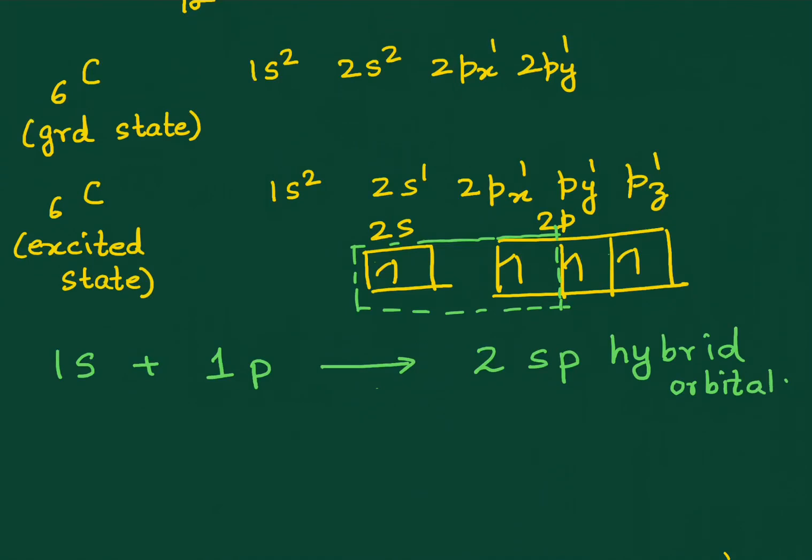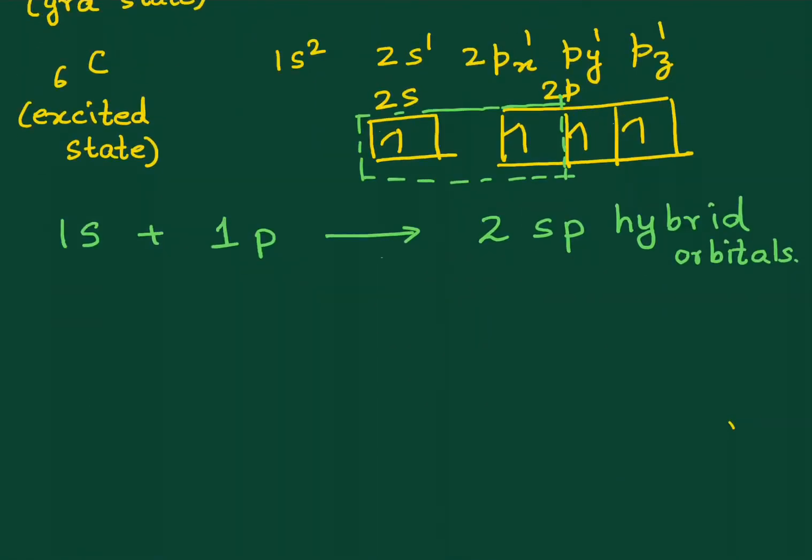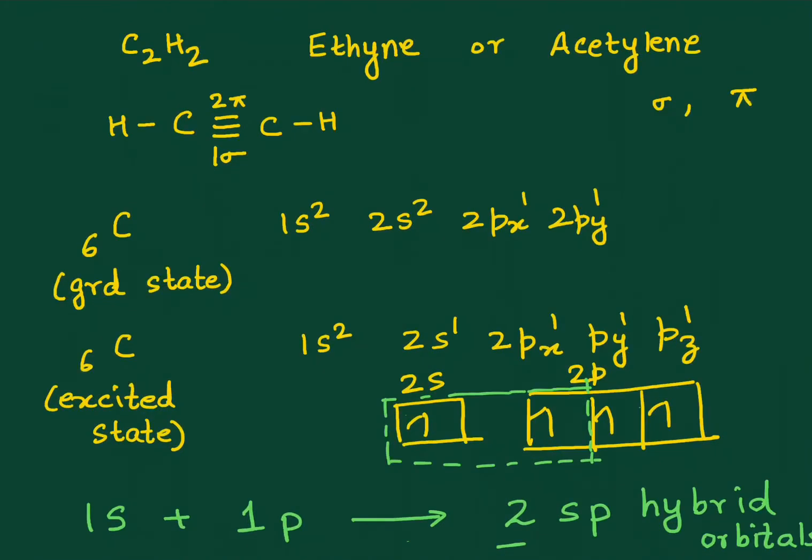So that means it is capable of forming 2 bonds, right? How will this bond pair be directed? Again, they will be directed in a linear fashion. Now, don't forget that we are talking about 2 carbon atoms, and in each of the carbon atoms, it's the same situation. The first carbon also undergoes sp hybridization. The second carbon also undergoes sp hybridization, right?